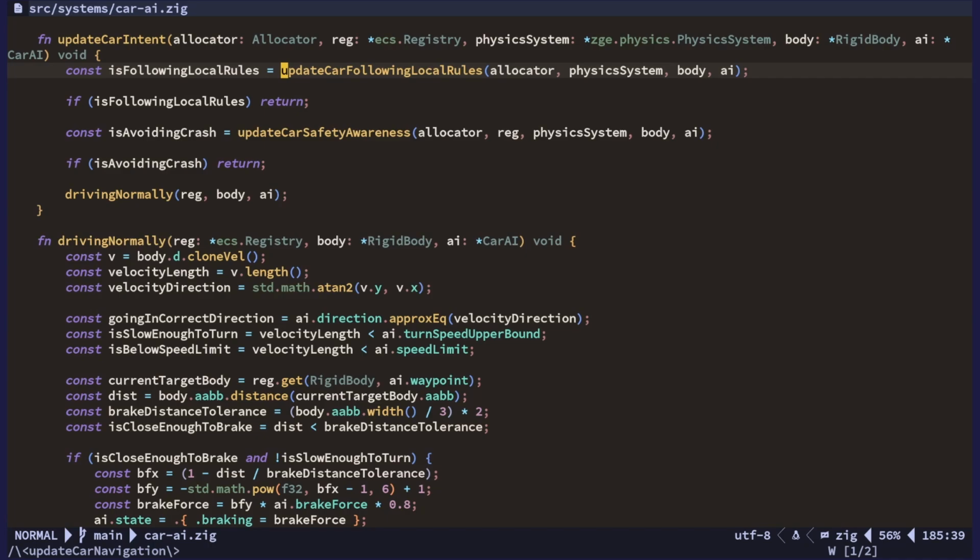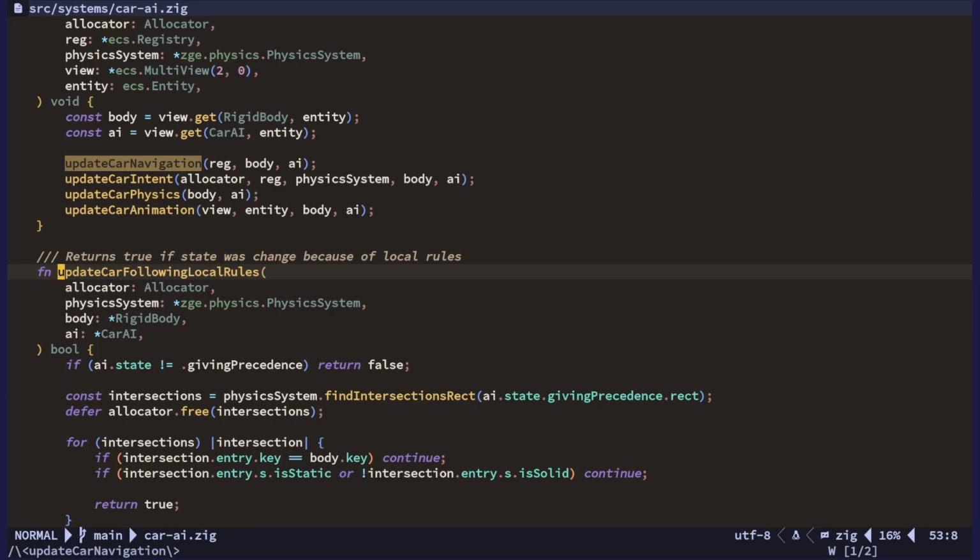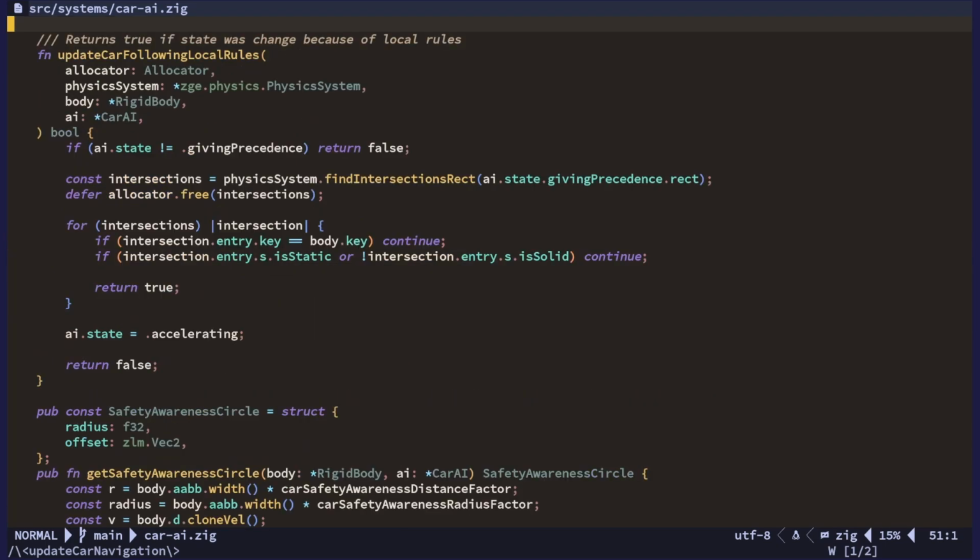And that just means right now that you have the giving precedence rectangle. If you're not giving precedence, then we don't do anything. But if you are giving precedence, then we check,